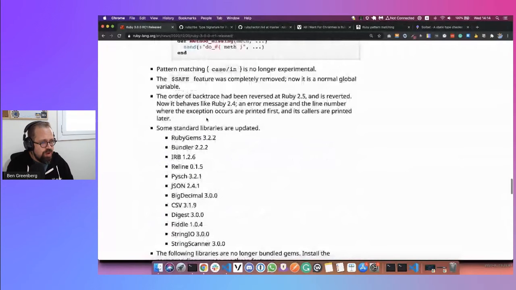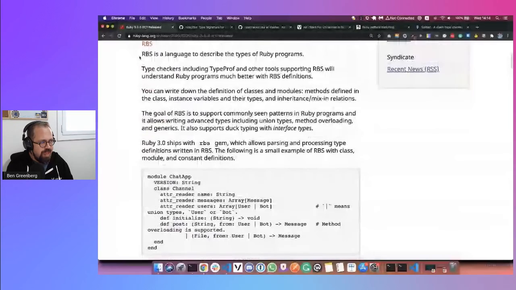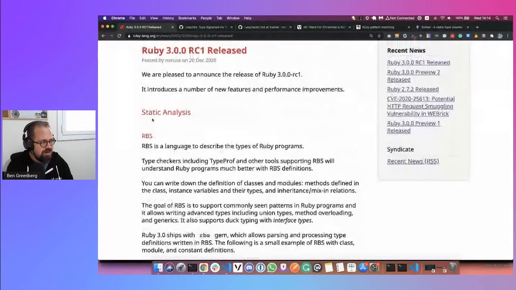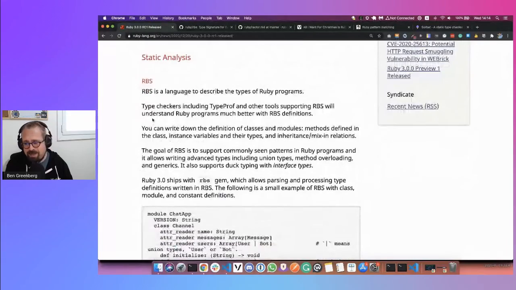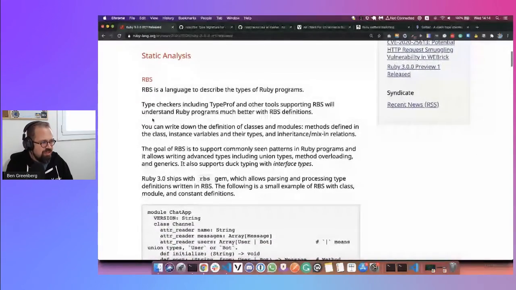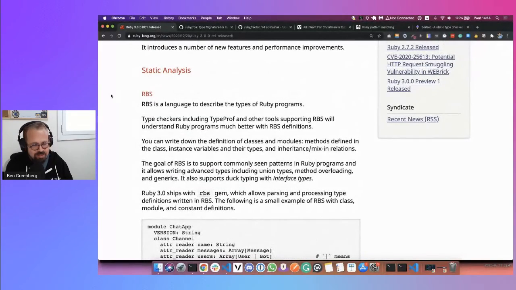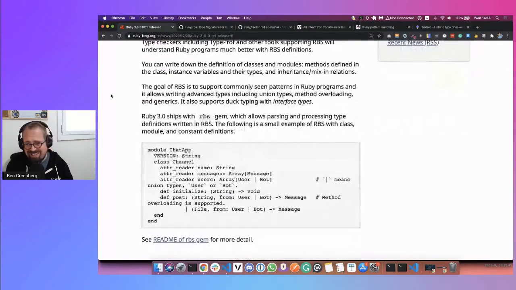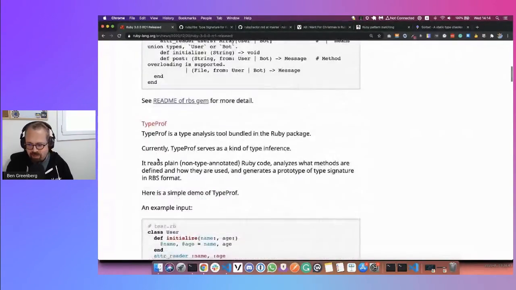They're huge. Well, I'm a little disappointed that RBS is not working yet in the Ruby 3.0 release candidate 1, at least as far as I can figure out. I'm excited about the potential of it. I wish we could have played with it together, but it did not happen as far as static analysis goes. I don't think I did anything wrong because I just copied and pasted exactly what the example was here and it didn't work. But maybe at some point it'll work.